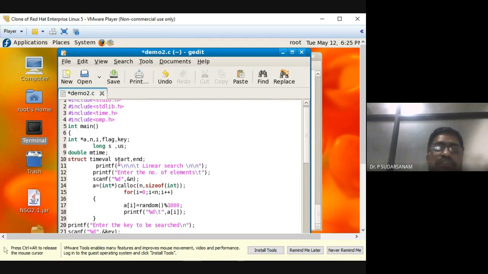And struct timeval start and end. To take the time values from the system, Unix already provides this, so just write struct timeval start and end. Start and end are your user defined variable names.